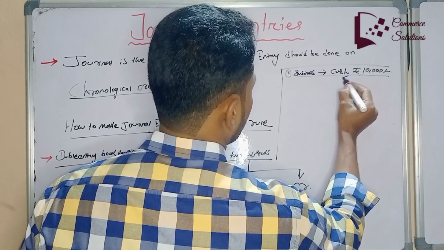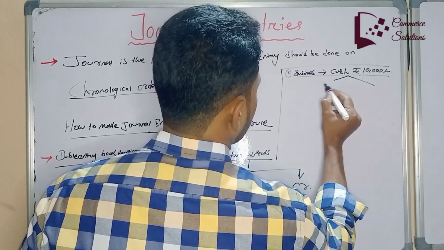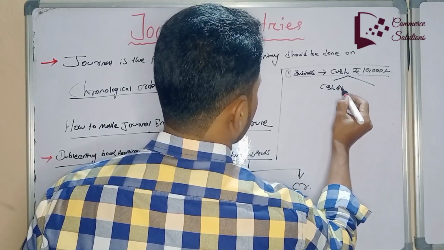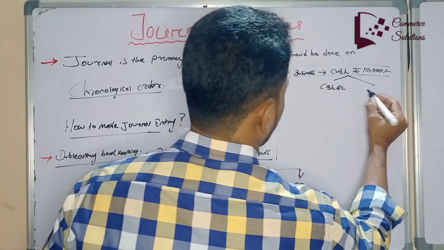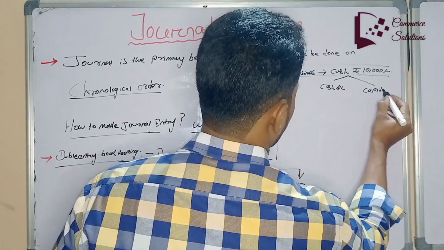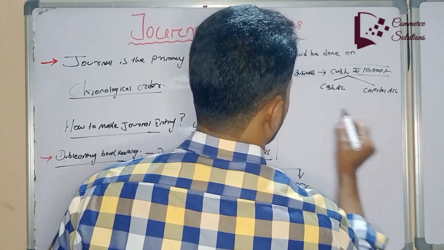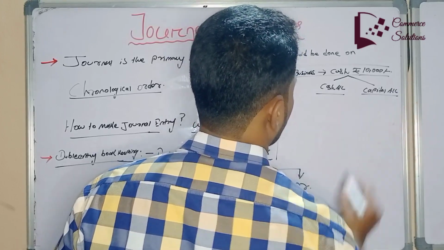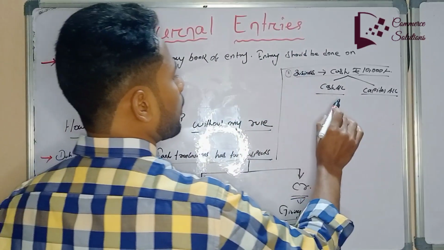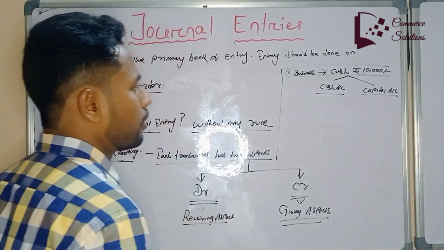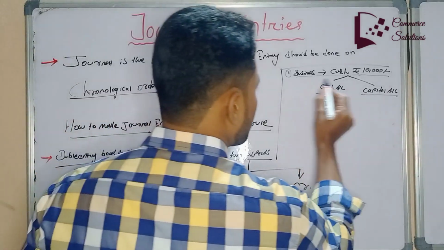So what are the two aspects here? One is the cash account, another is the capital account. So this is an account and this is an account. We have to debit one account and credit another account. So in this transaction,